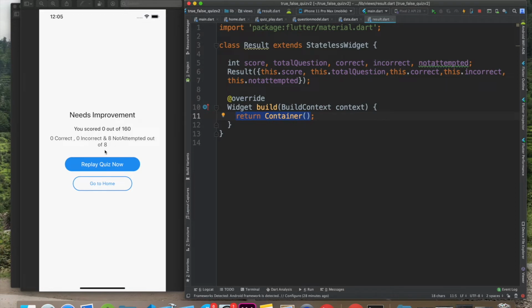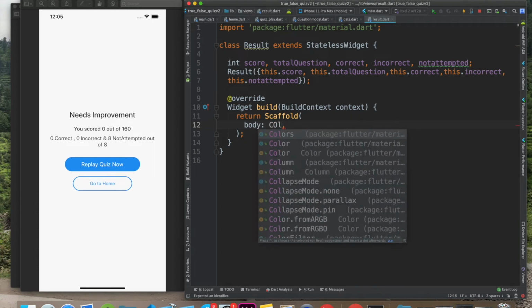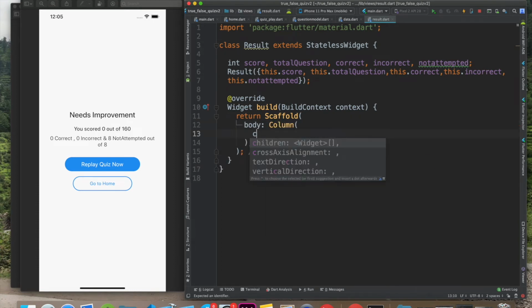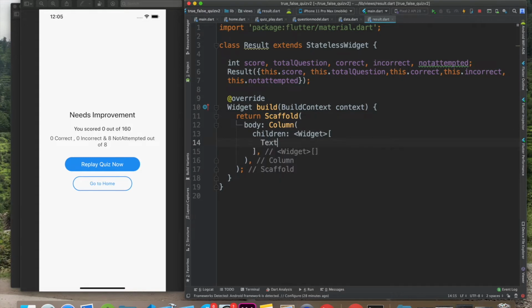We have text, container. Okay, so first thing first, we will require a scaffold. In the scaffold we will have a body. In the body we will have a column. We'll have children. In that we will have a text. What do we have? A text. We have text of, actually, these are the